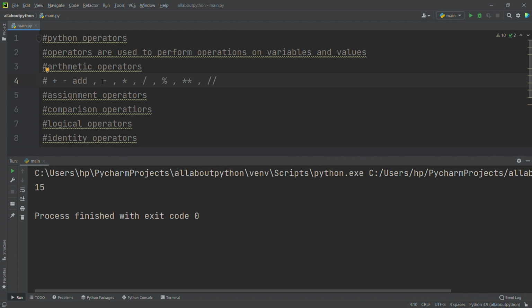Now I will write this is addition, and this is subtraction. I will write it like this so you may not get confused.